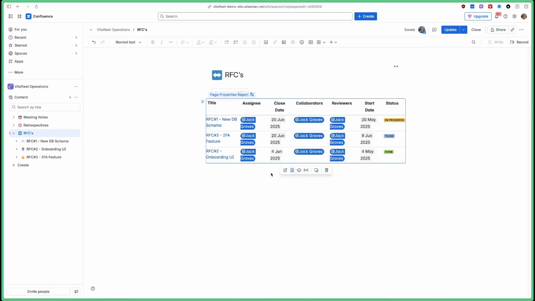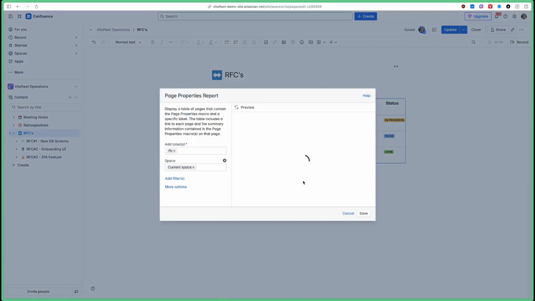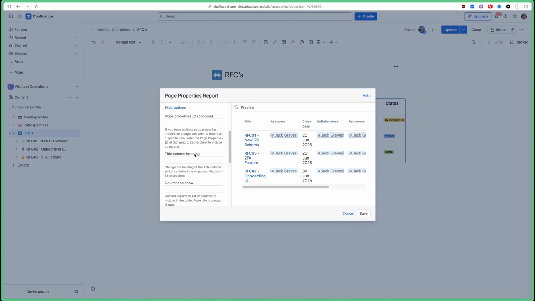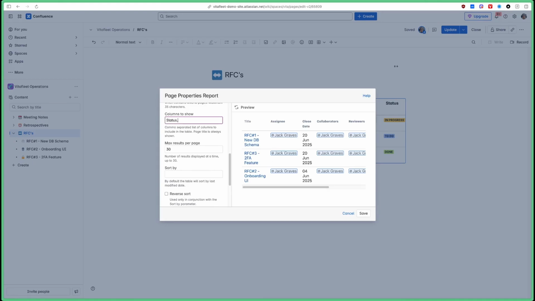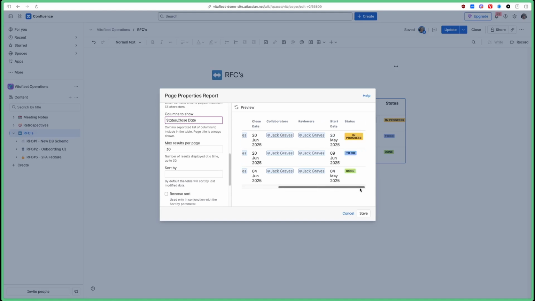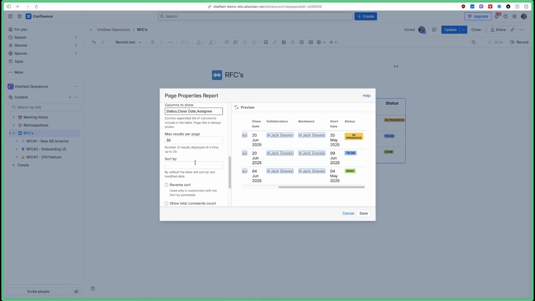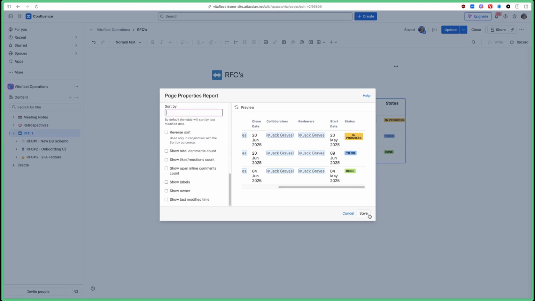But actually, there's probably a bit too much information here. So for this summary, there's only specific things I'd like to show. So I'd like to name the title, the RFC. And here in the columns to show, I can actually select which columns I'd like to show and when. So what I'd like to show is the status and the close date. And we also want to see the assignee so that we know who's assigned to this. We can then sort this by a particular thing. For now, I don't need to see this. So we're going to click Save